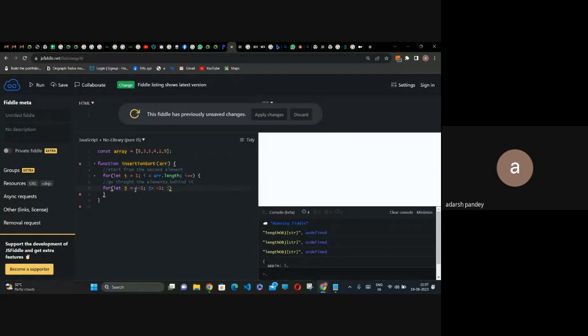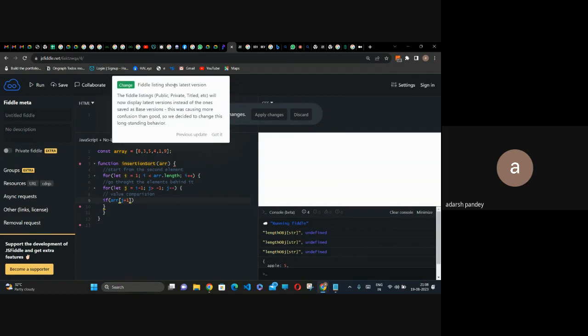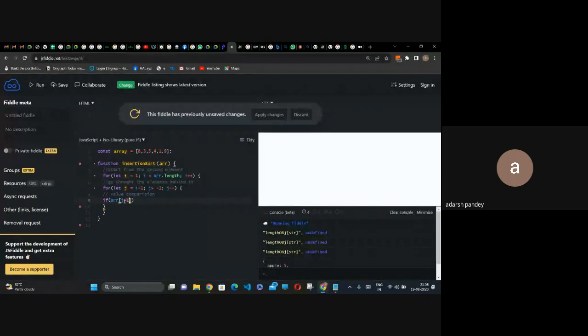and j minus minus, क्योंकि हम पीछे की तरफ लगा रहे हैं। अब देखना, अब मैं यहाँ पे वैल्यू कंपैरिजन करूंगा, and here if array of j plus 1, अब देखना +1 लगा रहे हैं, इससे क्या होगा कि I minus 1 तो 0 हो जाएगा, 1 minus 1 0, मतलब j 1, array of 1 मतलब 3 is smaller than array of j मतलब 0 इंडेक्स। अब देखो मैंने कुछ नहीं करा है, मैं इन दोनों के बीच में भी कंपैरिजन लगा रहा हूँ कि अगर j की वैल्यू 0 + 1 1 है, मतलब ये वैल्यू is smaller than this value, अगर ऐसा है तो जस्ट क्या कर दो, स्वैप कर दो। स्वैप कैसे करना